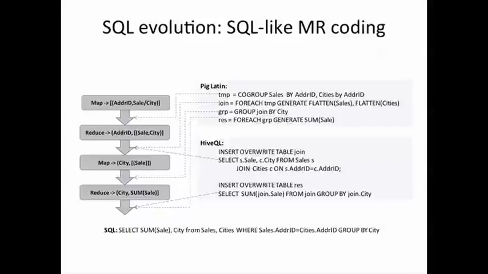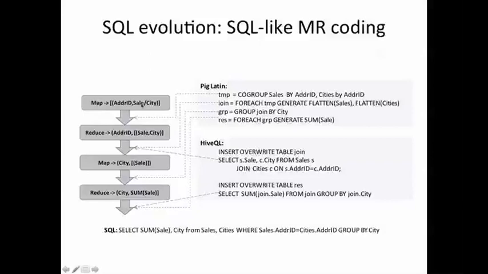There is Pig, which came out of Yahoo, and Hive, which came out of Facebook. Each of these is a form of SQL primitives, but executed procedurally rather than in a single functional statement. So for example, if one were to do the calculation that we did last week using MapReduce,